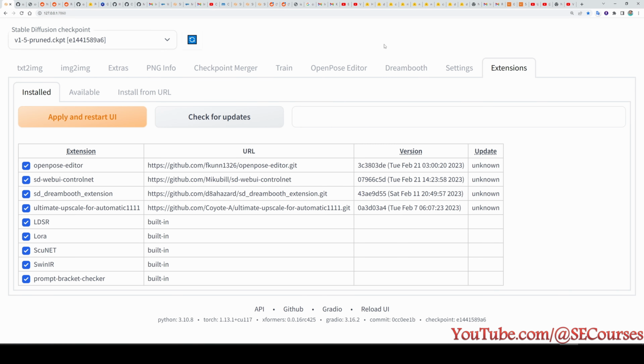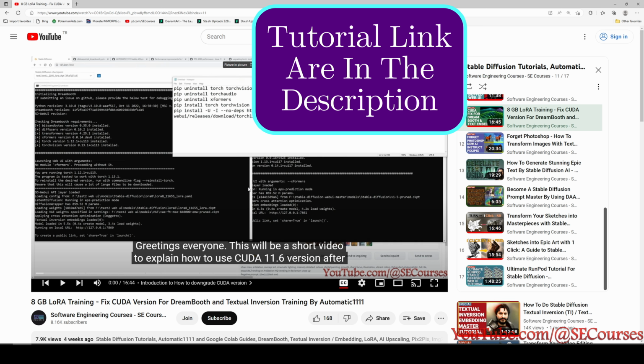The reason I have shown my extensions is that sometimes extensions are conflicting and people are getting problems. If you get errors, then you might have conflicting extensions. Also, my Xformers version is 0.0.16. However, this version does not support Dreambooth training or textual inversion training, so you need to downgrade it to 0.0.14, or when version 17 is released, it will also support. In this video, I am explaining how you can downgrade your Xformers version.